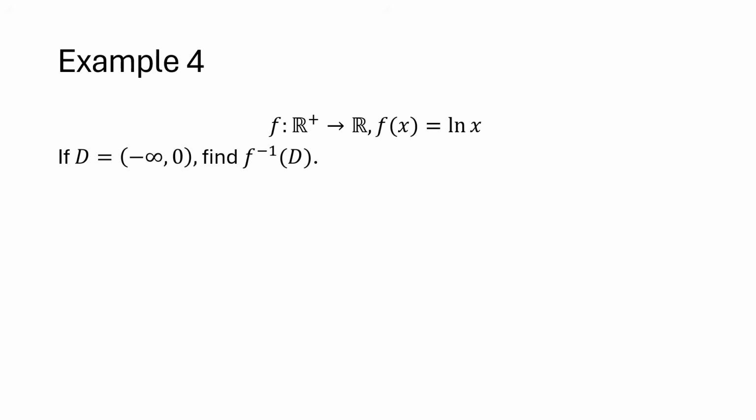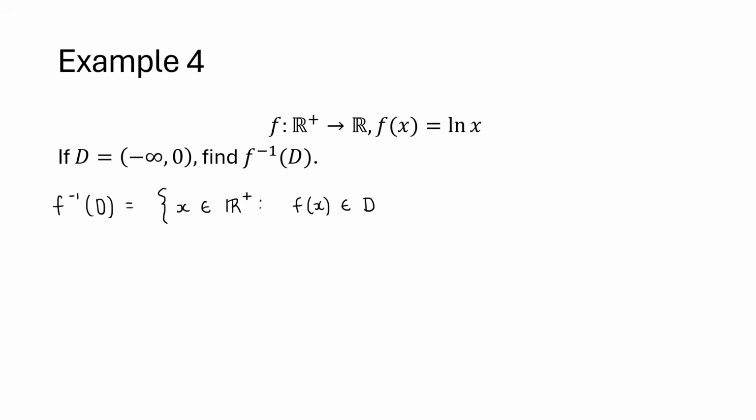So if we write out formally f inverse of D, what are we looking for? We are looking for all of the elements in the domain. In this case, x must be an element of R plus. x must be positive for ln to exist, such that f of x results in an element in D,